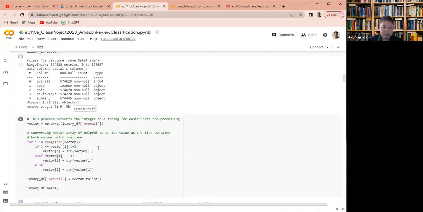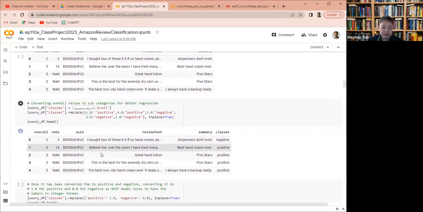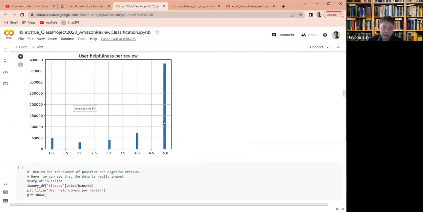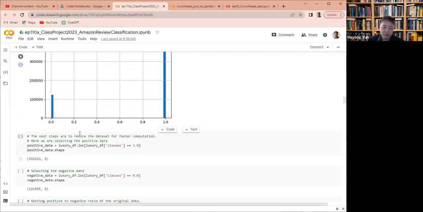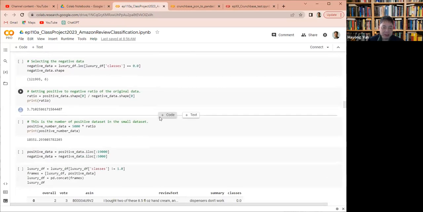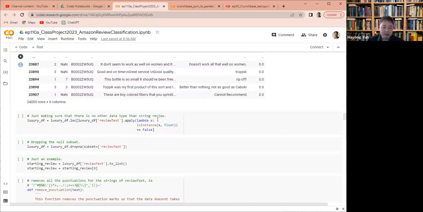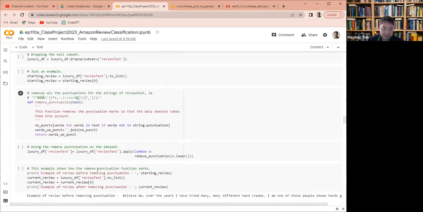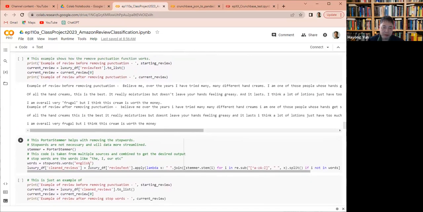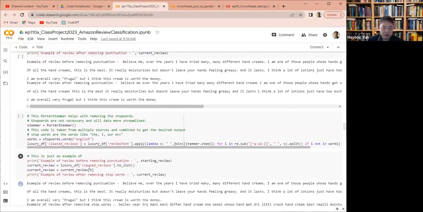And then he needs to convert the files from the 5 categories to 2 categories, and change it to 0 and 1. Okay. And then he needs to clean up the data, pre-process before feeding to BERT,